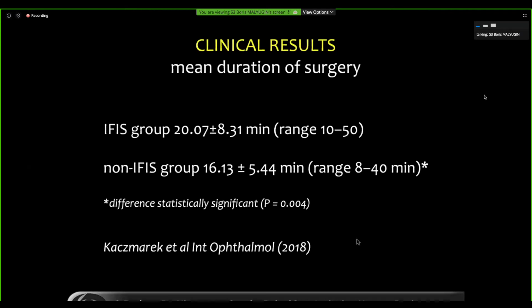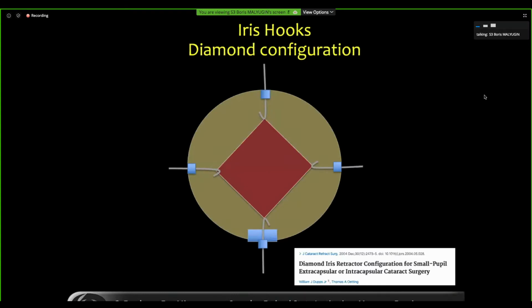We know that IFIS group provide us longer surgical time rather than in patients that do not have any problems. What about the devices that we can use? Iris hooks in a diamond configuration, when one of the hooks is located below the main incision, is a